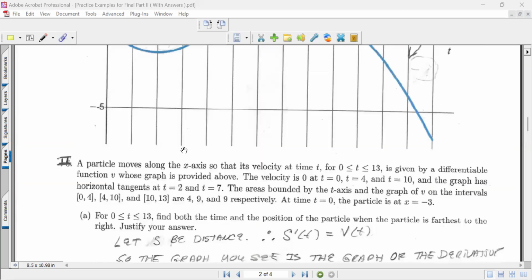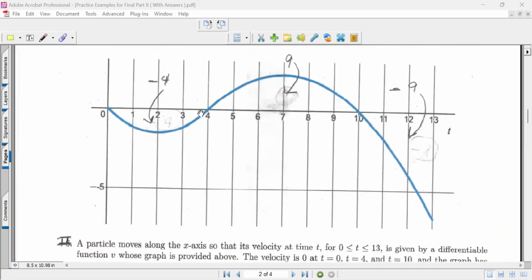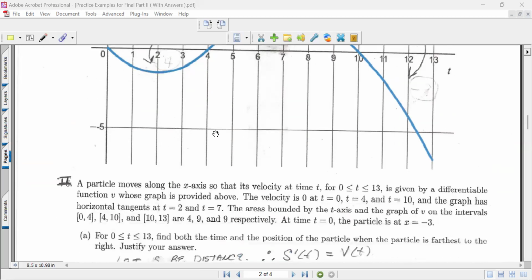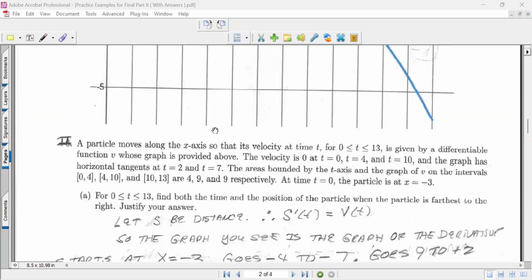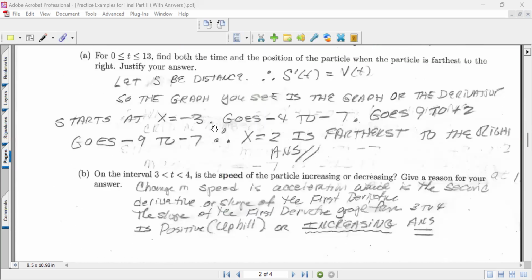From 3 to 4, now the velocity is negative, but is it increasing? What's the slope of this graph from 3 to 4, the tangent? It's uphill, it's positive. And so it's increasing